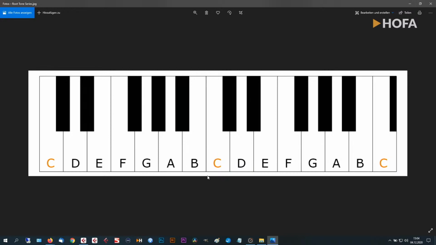But there are some differences if we look at the white keys and the black keys, because if we take a closer look at some of the white keys, there are some black keys in between. For example, between the C and the D, we have a C sharp or a D flat. But if we take a look at the E and the F, there isn't a black key. So that being said, there might be something different going on here. And this is due to the actual notes that can be played. And the root tone series just consists of the white keys in particular,